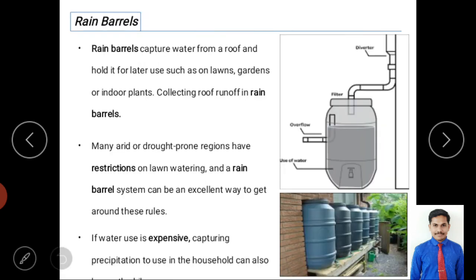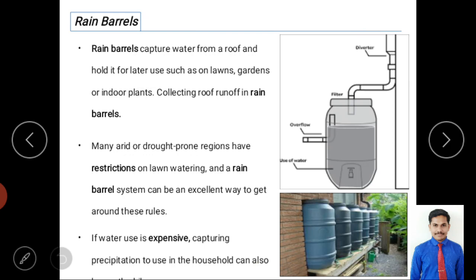Next we will see the next method, rain barrel. It is like a rooftop method. Instead of groundwater recharge, we are storing the water on the ground. In the rooftop method, we store under the ground like cisterns.